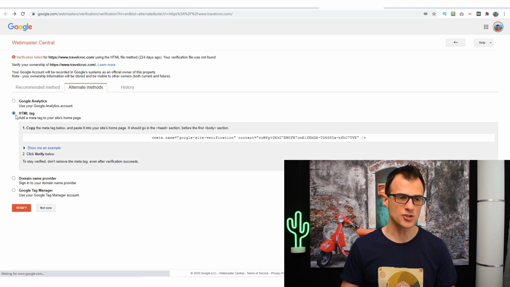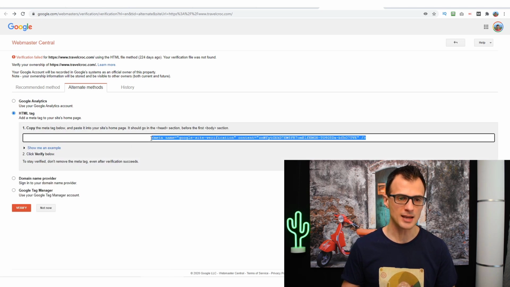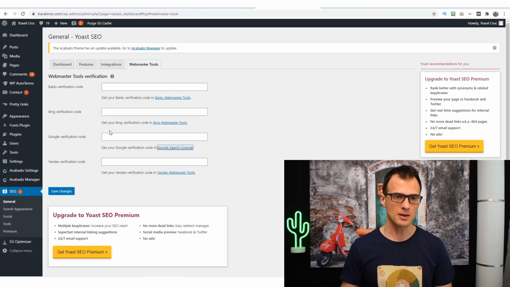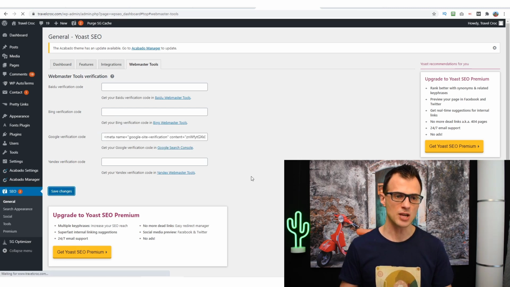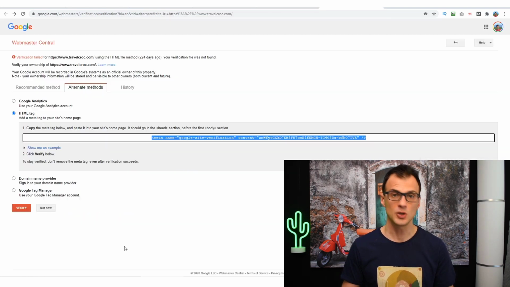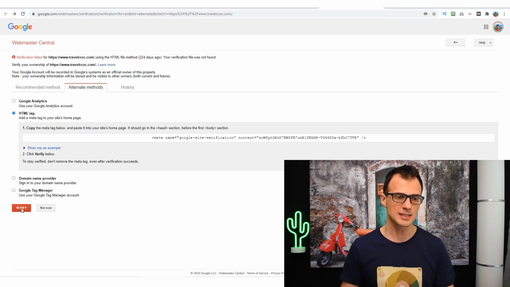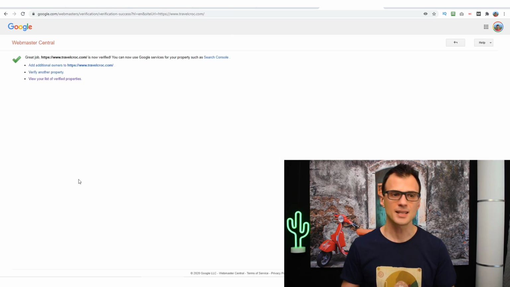So you can choose this HTML tag, and once you've got this tag here, this option, second one down, HTML tag. So copy this, and you can then paste that into this Google verification code and click Save Changes, and that will help you verify your website ownership through Google. You can see now that we've verified that. Let's click Verify button over here. And as you can see now, our domain ownership has been verified. It just makes it a lot easier than some of the other more messy methods of verifying the ownership of